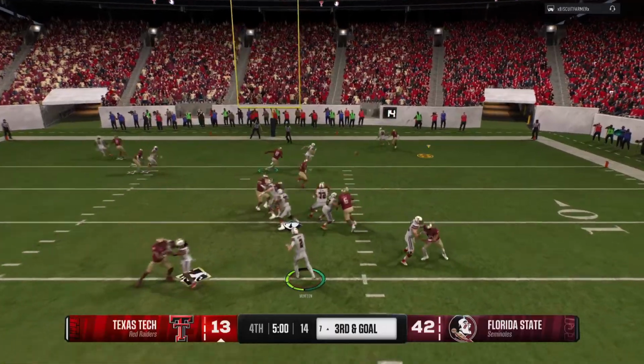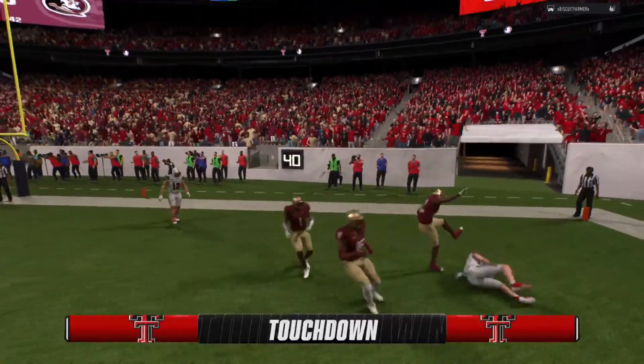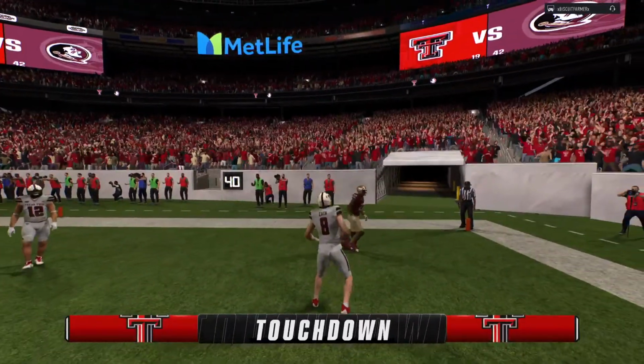From the gun, wants to pass. He snares it in the end zone. Touchdown, Red